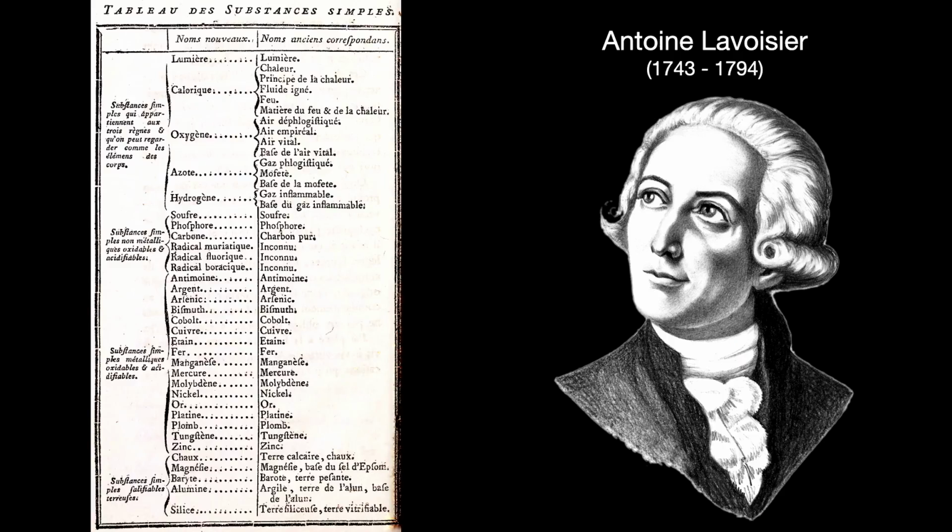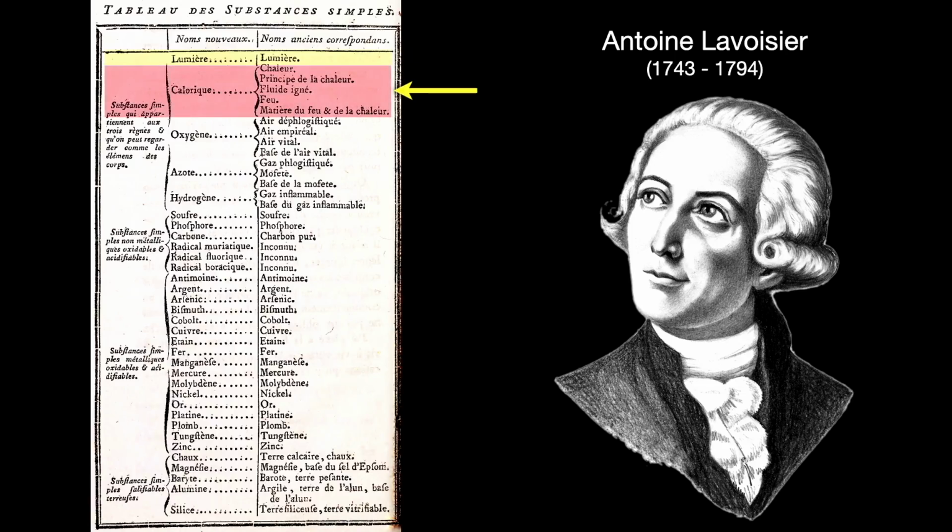Antoine Lavoisier, who deserves a complete presentation of his own, devised a list of 33 simple substances in 1789. He believed these substances could not be broken into more fundamental parts. It was a good start at classifying elements, even if he was mistaken on a few of them. He included in his list light,